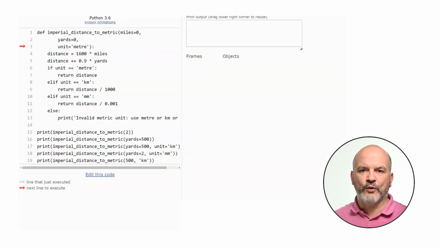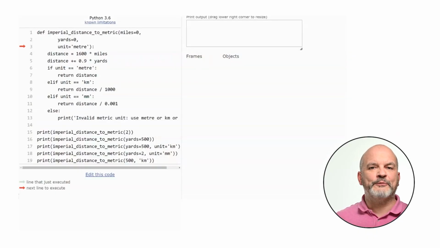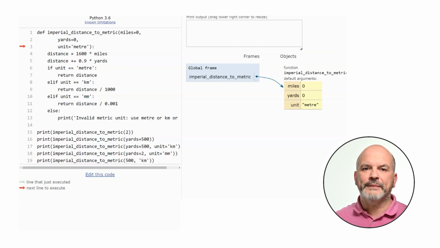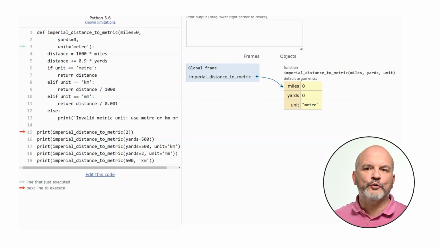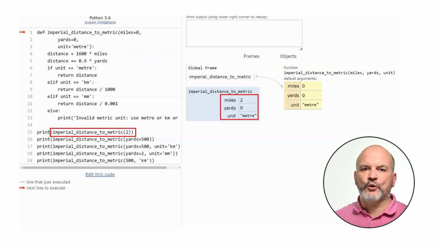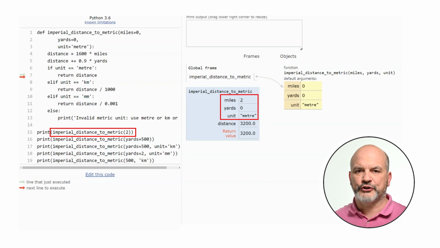To illustrate the many ways we can call a function having default parameters, let's refactor our function imperial distance to metric. In this example, we can have the return value expressed in kilometers, or meters, or millimeters, depending on the value of the parameter unit. If we want to convert 2 miles in meters, we just call imperial distance to metric with only one parameter, 2.